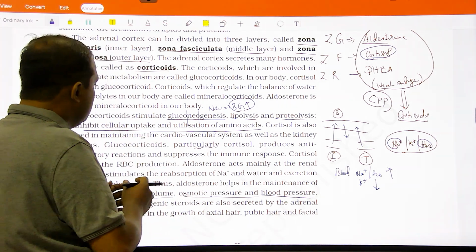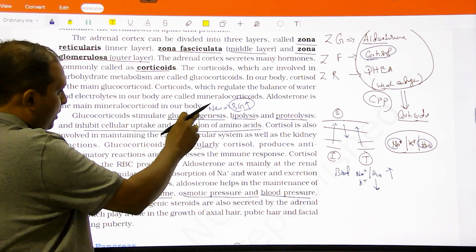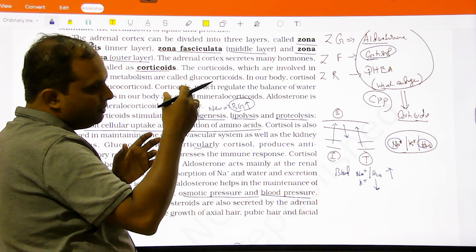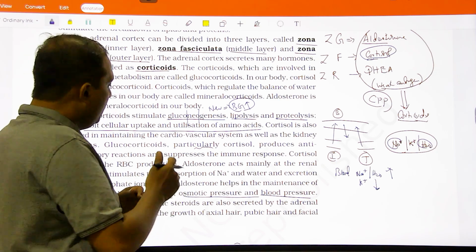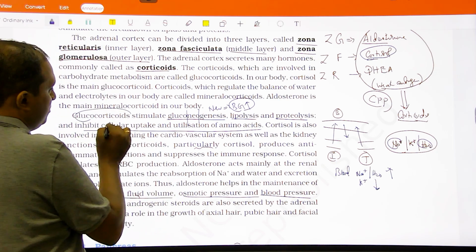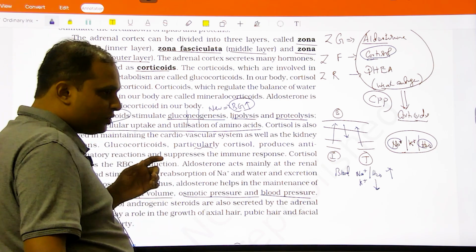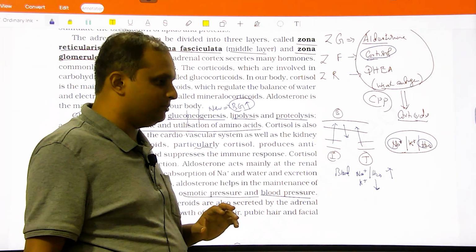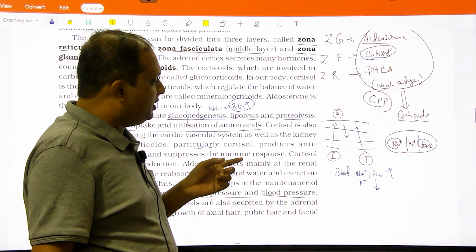Okay, and since this cortisol is going to majorly regulate the glucose level, it is called a glucocorticoid. Whereas aldosterone is going to regulate the electrolyte level, so it is called a mineralocorticoid. Understood? And one thing is, you could have